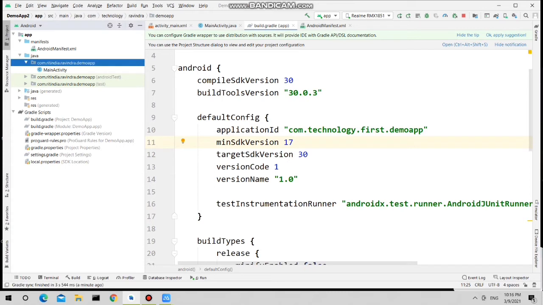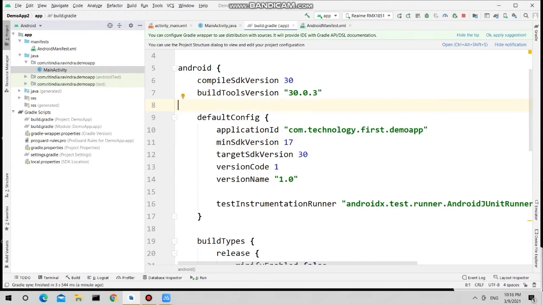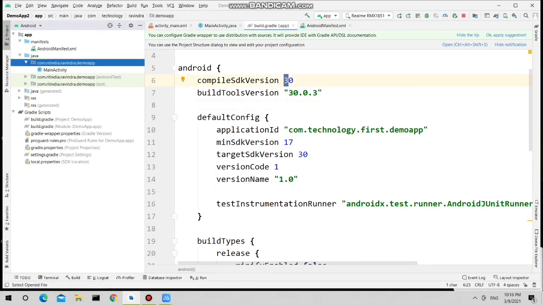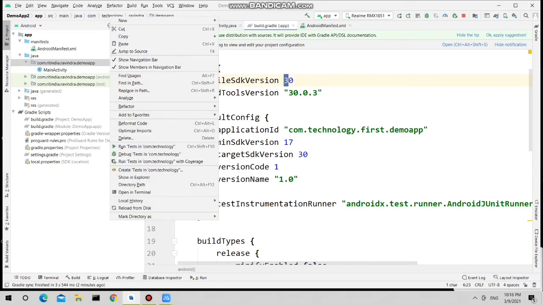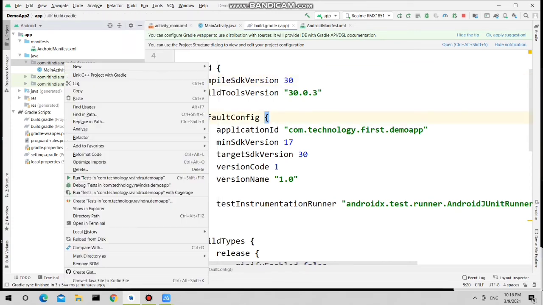Now you can see that instead of writeindia you got technology here.